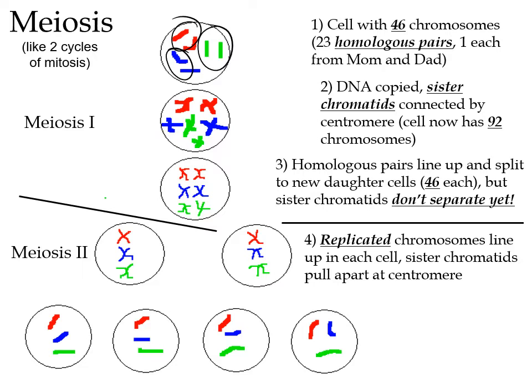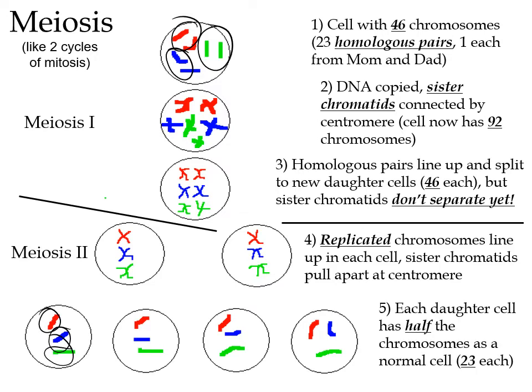One of each color from mom, one of each color from dad. Now, after two rounds of divisions, we're left with only one of each color. So I see down at the very bottom here, one red, one blue, and one green. By my math, that's half the normal amount of DNA. In humans, that would mean 23 chromosomes per cell, whereas a normal body cell should have 46 chromosomes at any